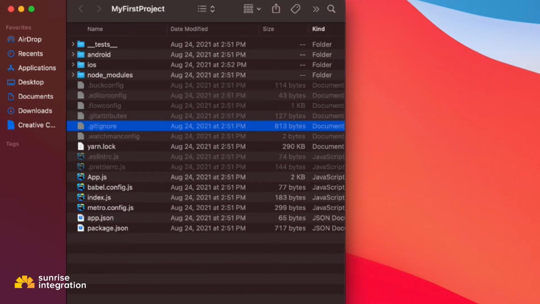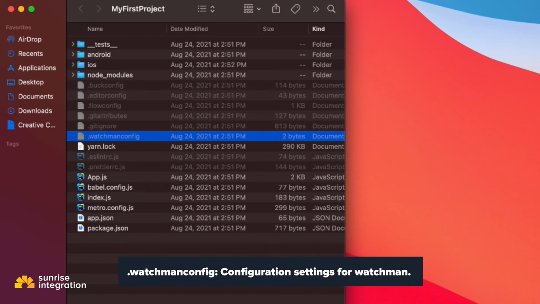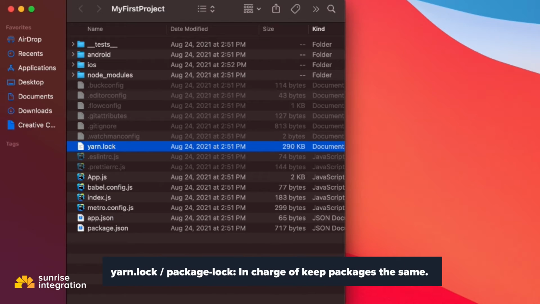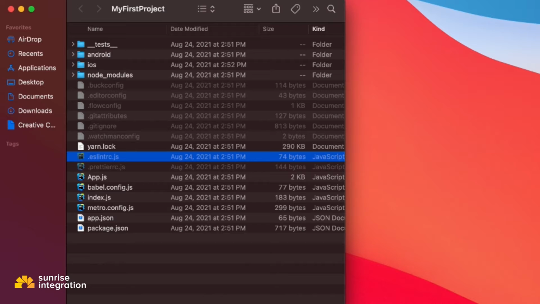Okay. Next up, we have Watchman. Again, this checks for changes and updates, so any custom configurations will go inside the Watchman config here. Moving on, we have our yarn.lock. So if we use yarn, you will have this file. If you use npm, you will not have this file, okay? Moving on down, we have the